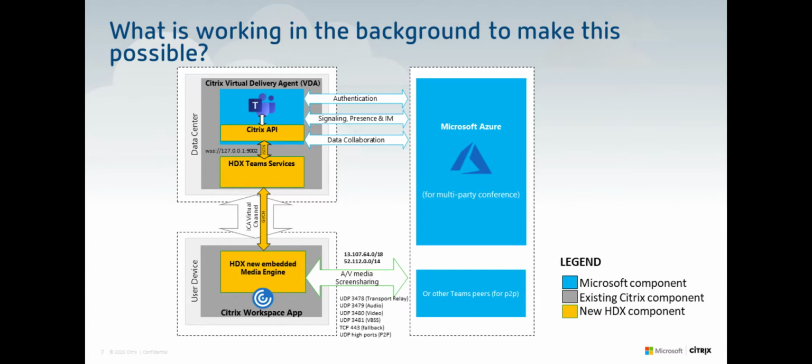The media engine supports multiple codecs. They are all documented in eDocs, so you can take a look there. The video codecs supported are VP9 and H.264. There is a difference between the CPU requirements for those codecs. Generally, VP9 is the preferred codec for peer-to-peer calls, and it consumes a little bit more CPU. H.264 is the preferred codec when you join a meeting, and it's more conservative in terms of CPU. And the audio codec is based on Opus for peer-to-peer, and when we do a conference call, we prefer G711.